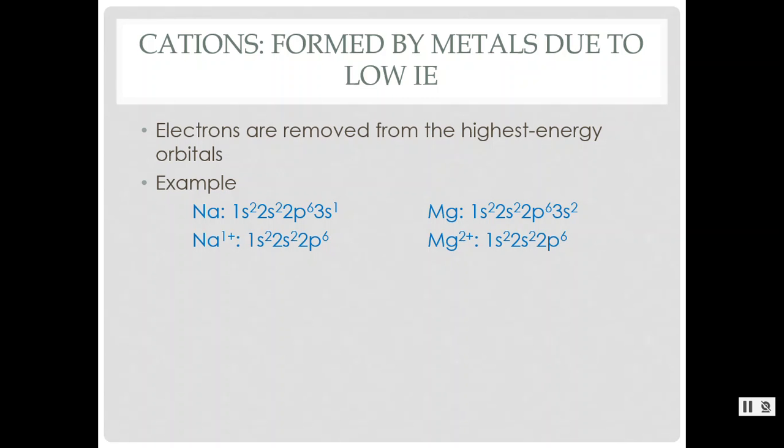So when writing an electron configuration for a cation, obviously you are removing an electron due to the low ionization energy of that species. The electron or electrons that get removed are those that are going to be in the highest energy orbitals. And so here is where knowing your electron configuration and knowing energy diagrams and energy levels for orbitals will be helpful. Because you can then look at the